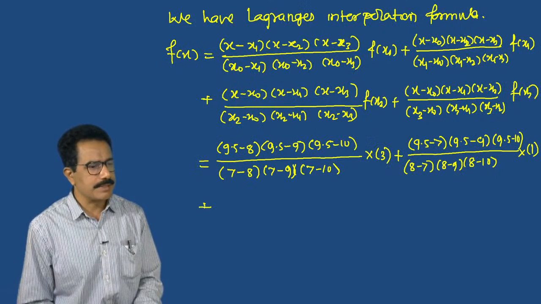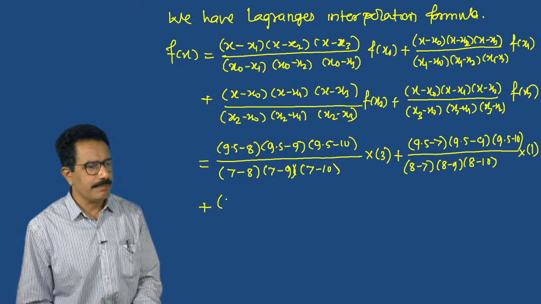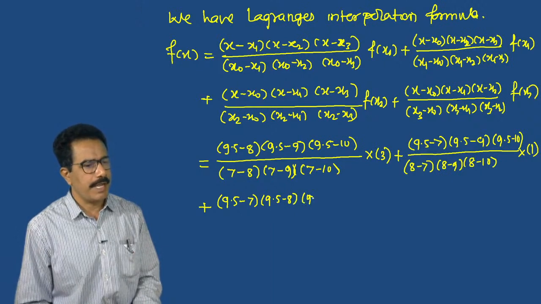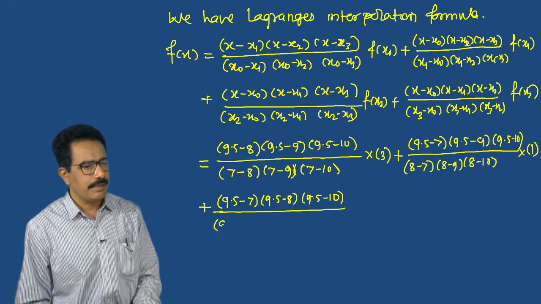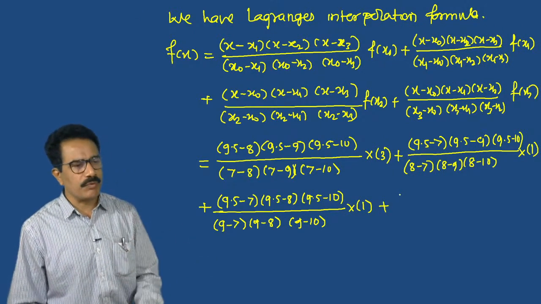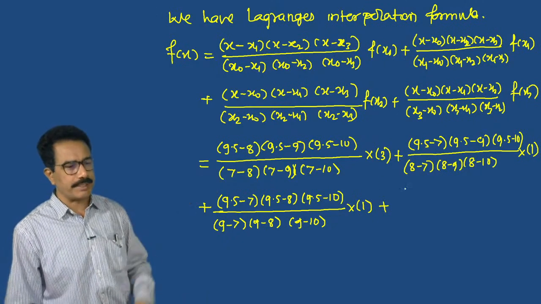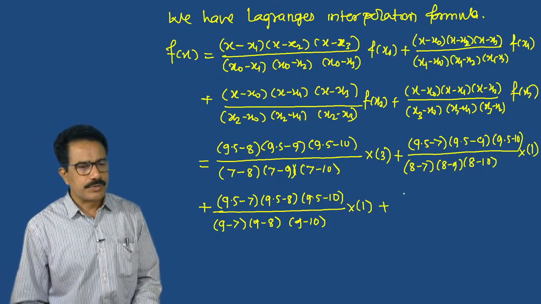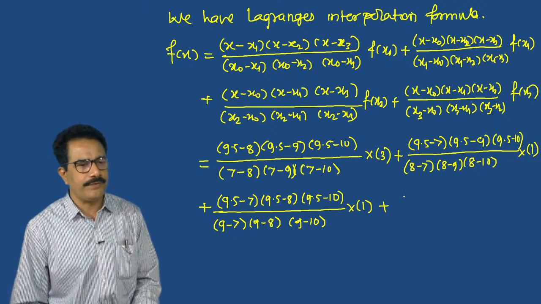Third, plus x minus x0 means 9.5 minus 7, 9.5 minus 8, 9.5 minus 10 divided by 9 minus 7, 9 minus 8, 9 minus 10, plus 1. And the last term will be, go on, do the subtraction till then. Everyone needs to solve this subtraction themselves. So we can write this as 9.5